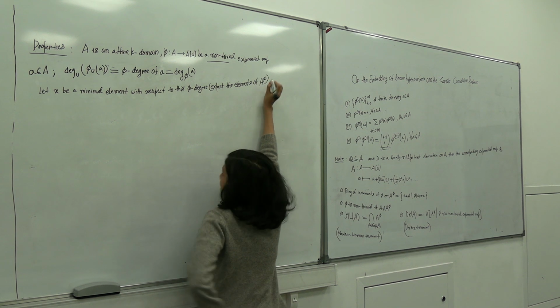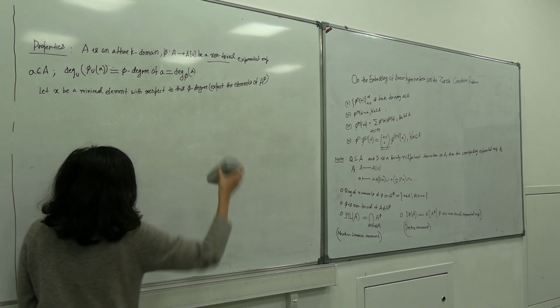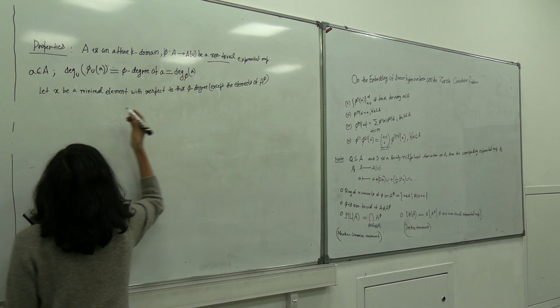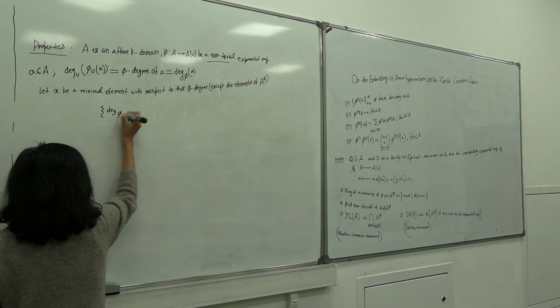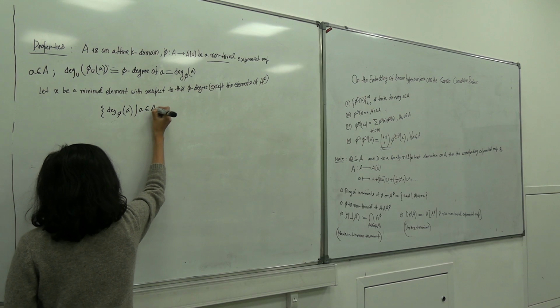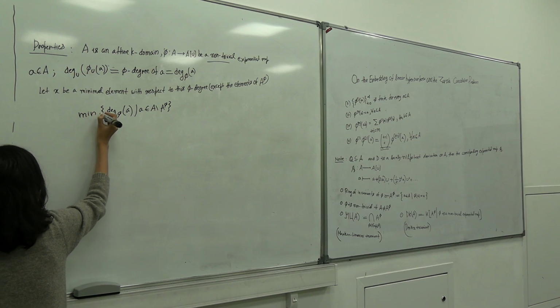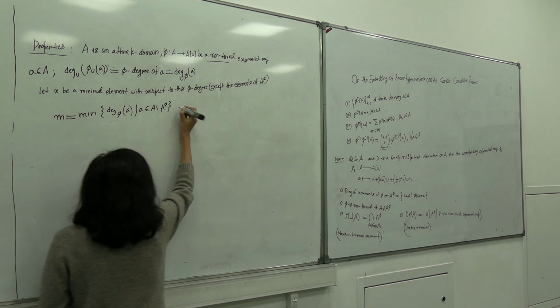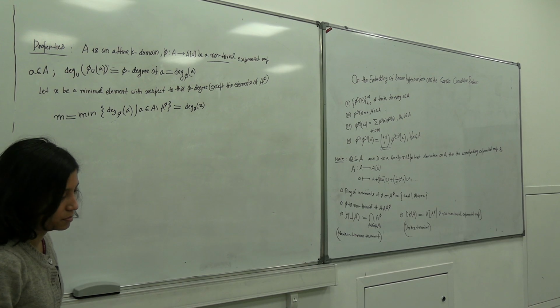It is actually a local slice in LND, but here we are not so sure. So we will be taking all the phi degrees of a such that a belongs to A but not inside the kernel, and then we will be taking their minimum. Let me denote this number by m, and this is attained at some x. We are taking this element x, which has attained this minimum.